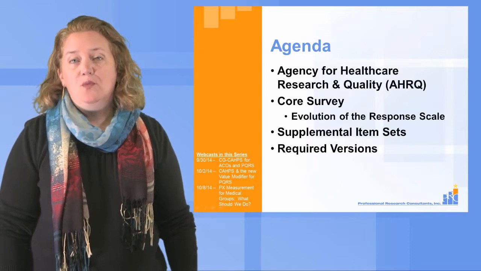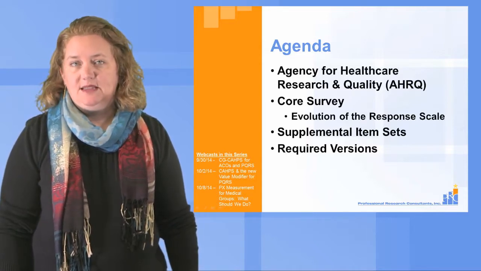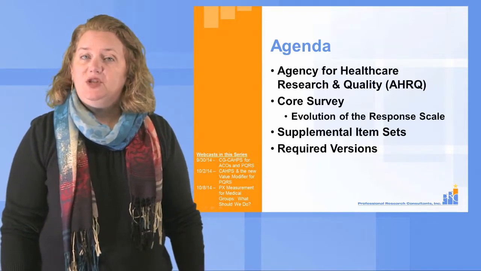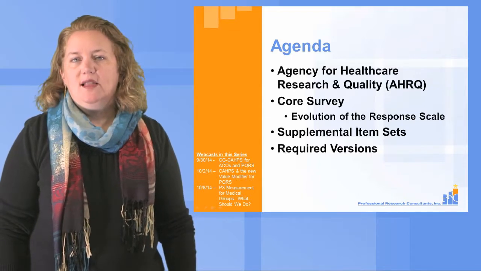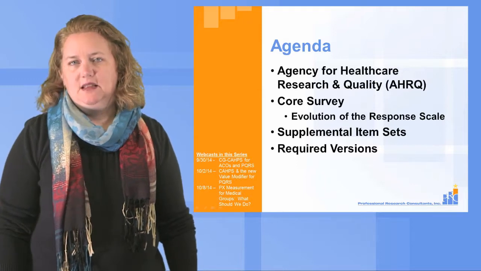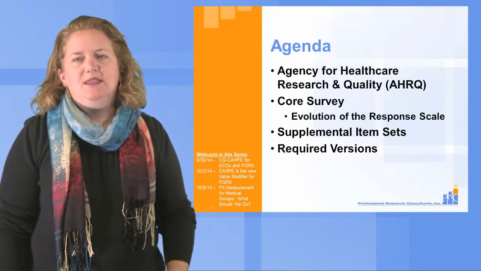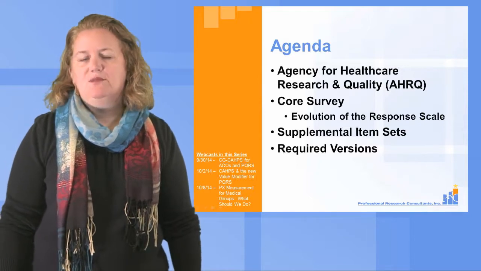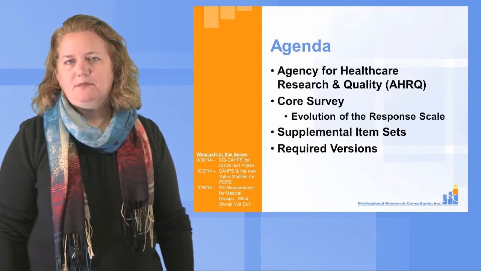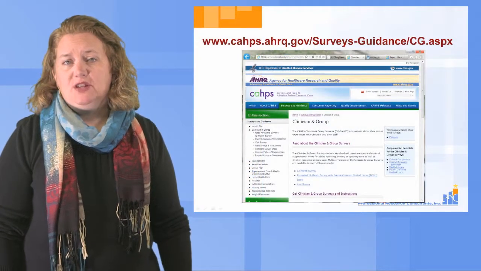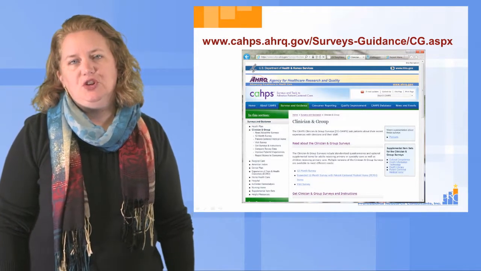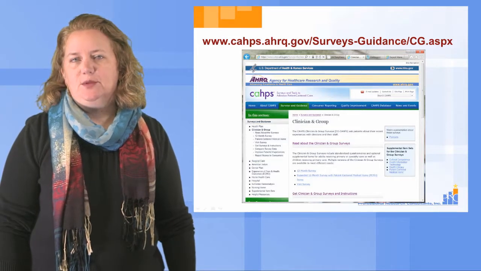Unlike HCAHPS or home health CAHPS, there are many supplemental item sets available, and medical groups and practices are encouraged to take the core survey and add to it other specific aspects of care that may be relevant for their own patients. Two versions of the survey have achieved required status in the last few years, but that doesn't necessarily mean that the evolution is complete, and we'll continue to monitor updates and keep you informed of all the latest requirements and options. The definitive source for information about the CG-CAHPS survey is, of course, the AHRQ website, and I encourage you to spend a few minutes there to see what's available.